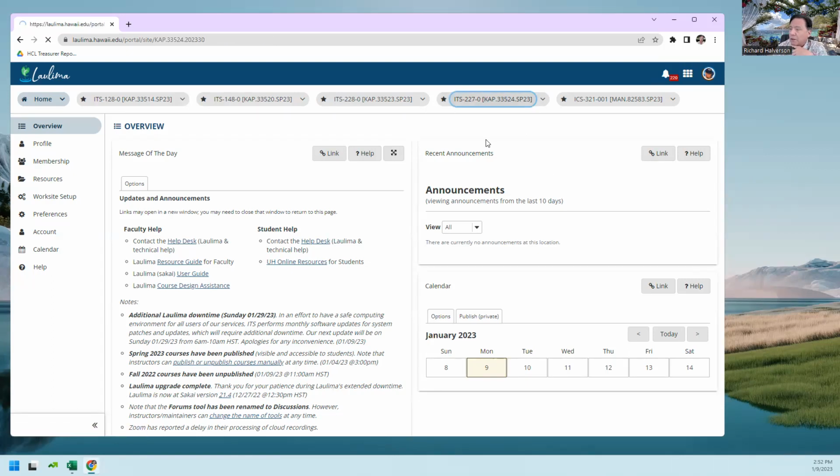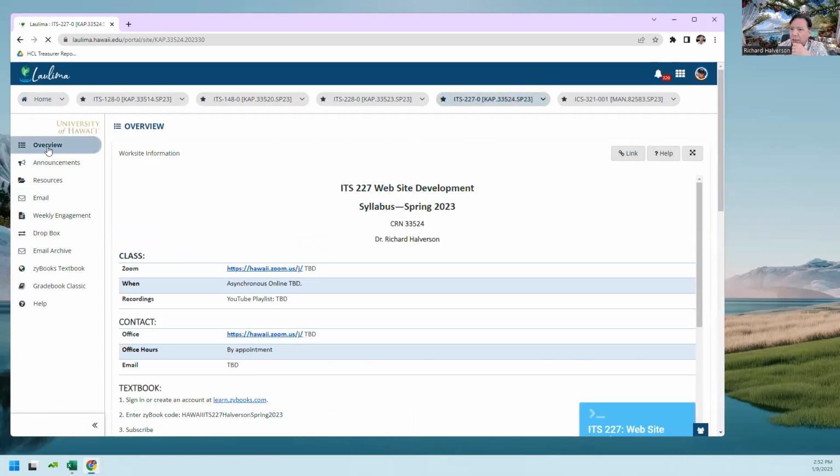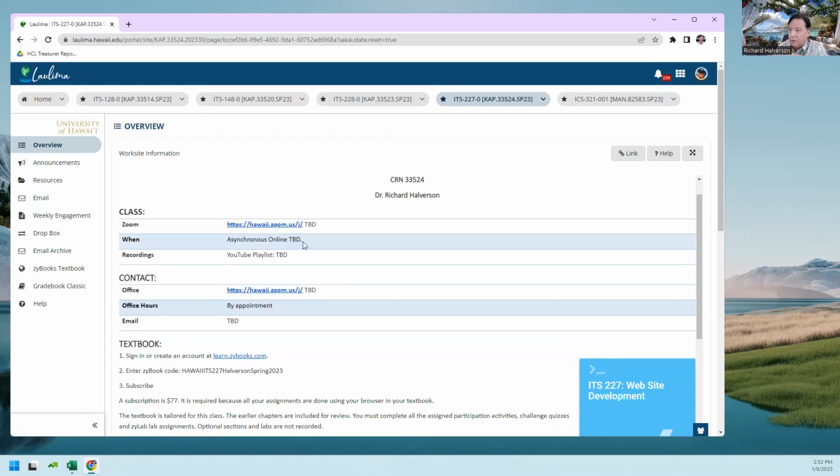So click on the course, and the overview is where the syllabus is. And so here's the syllabus. There will be a Zoom account, a Zoom ID, meeting ID for this course. This is asynchronous online, but I'll probably